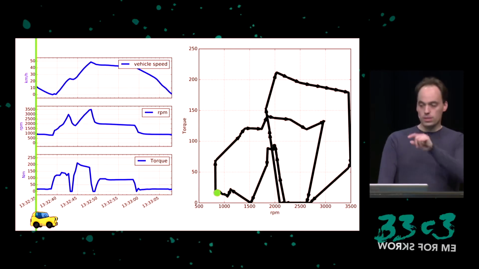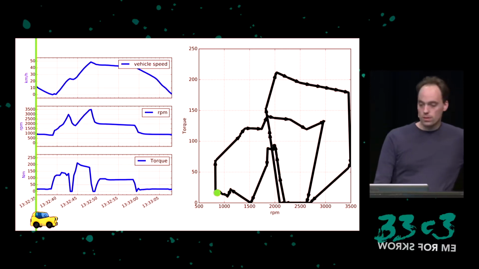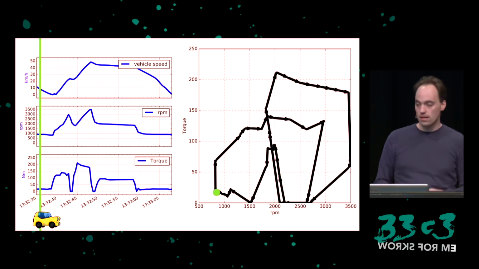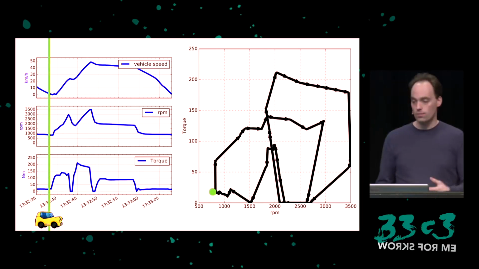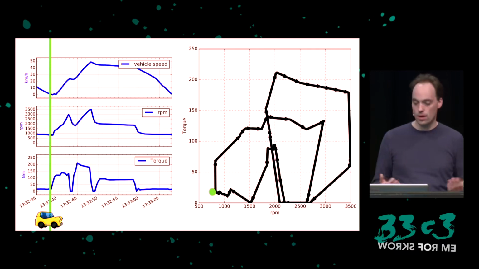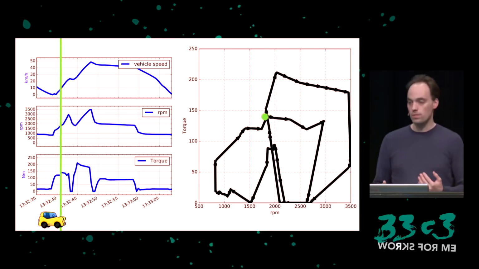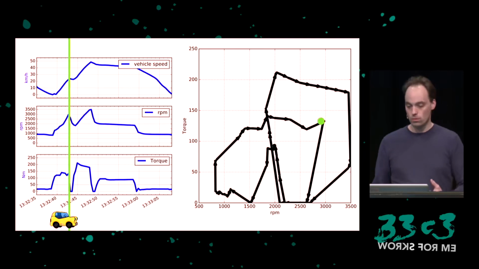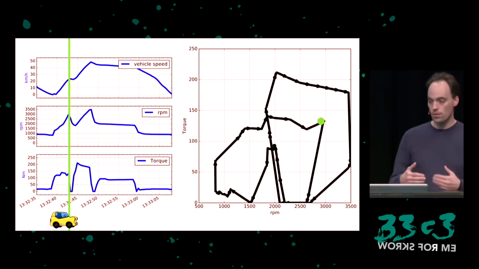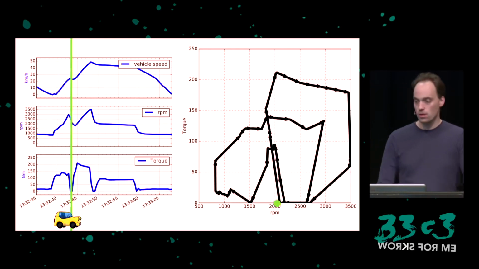So the green dot here indicates where we are. We start, the car accelerates, and the car idles for a while, so the green dot stays there. It idles at around 800 RPM, with almost no torque because there's nothing to move. And then the driver accelerates, and the torque goes up, the RPM goes up more slowly. And then at some point, the driver presses the clutch, which disconnects the engine, the torque goes down, the RPM